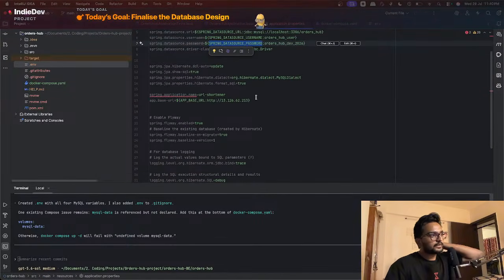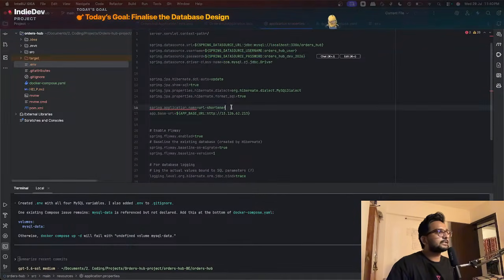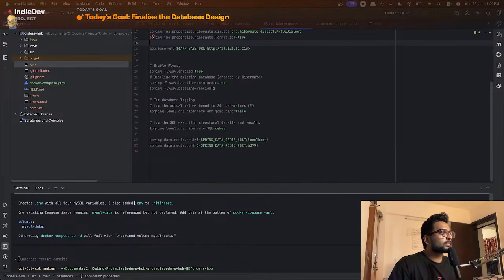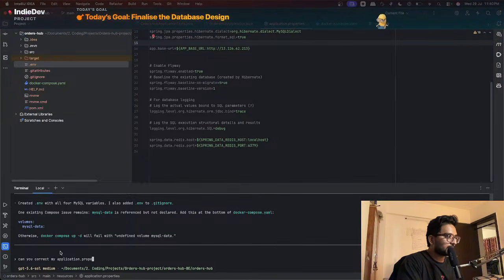अपडेट दिस हाइबरनेट. एप्लीकेशन नेम अपना ऊपर ही है. Can you correct my application.properties